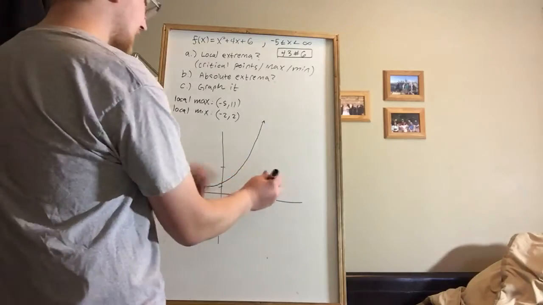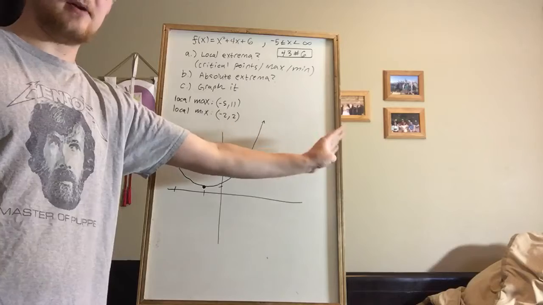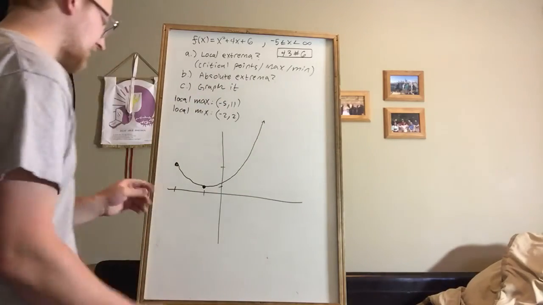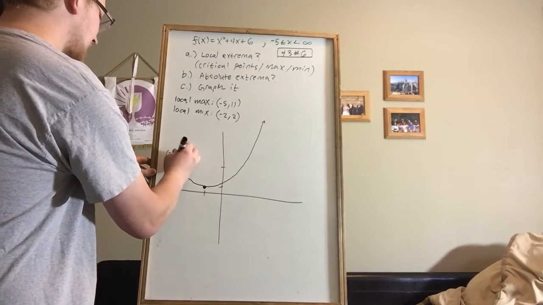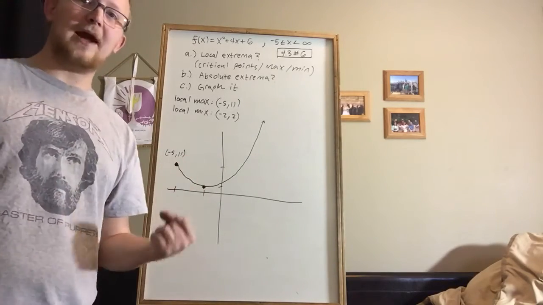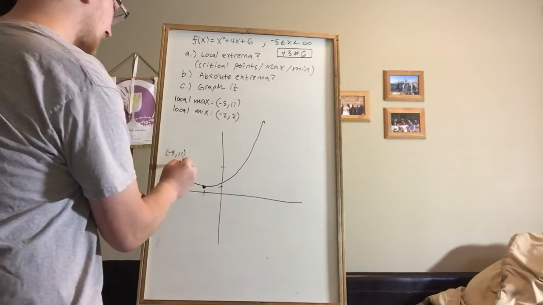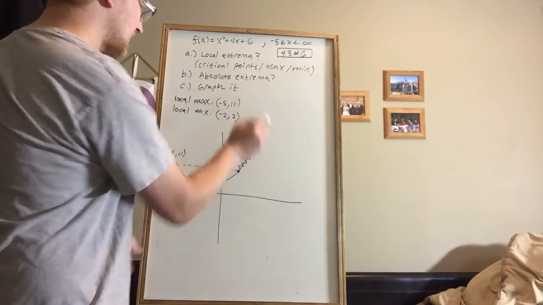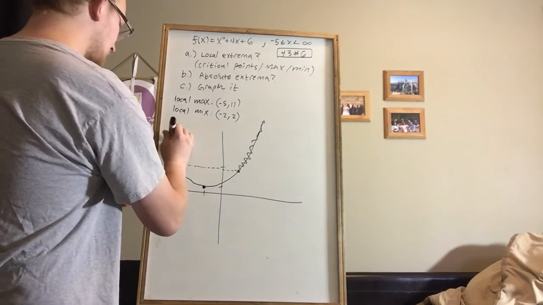And so using that, we know that this side goes all the way to infinity. So there's no technical maxima or minima over there, because infinity isn't a real number, it's a concept. But we do know that we have a maximum here at our ordered pair minus 5, 11. Now to figure out if it's an absolute maximum, we need to look at the whole graph and see if there's any value larger than it. And if you'll notice when we look over here, there are indeed a multitude of values that are larger than 11. And so this is just a local